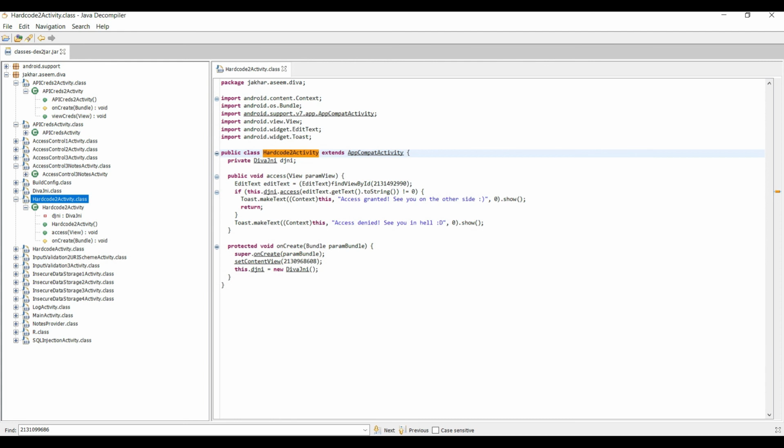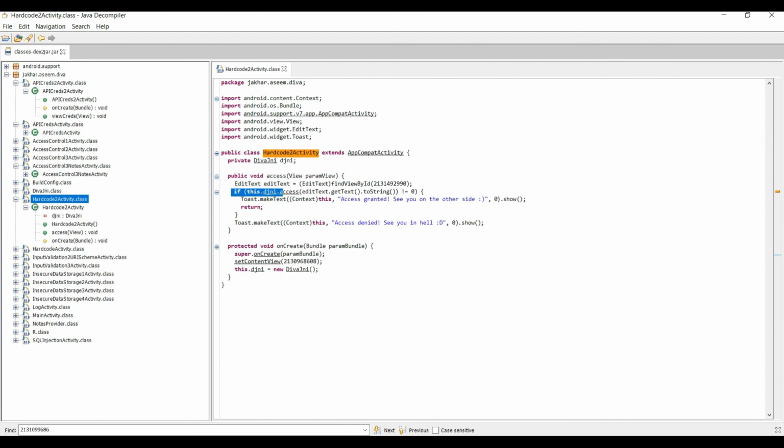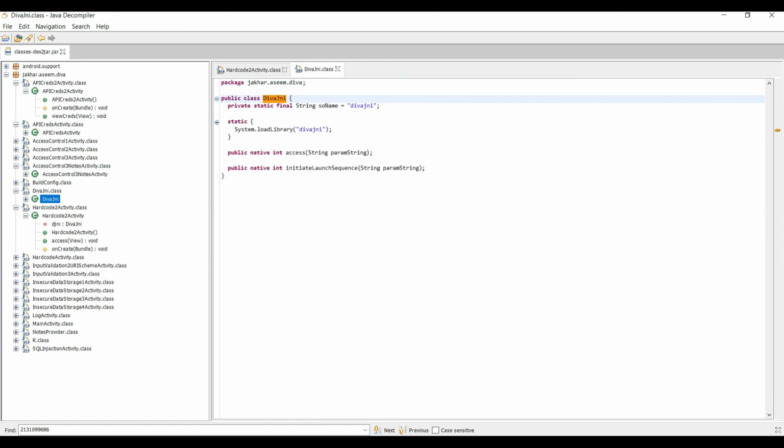Yeah, from here they are using one more private thing, and yeah, so for us we are getting these things. So we are getting the else statement. So what we have to do is if this dot access, then it will be displaying access granted. So let's get into this private function. Inside this thing nothing was there. Let's see whether it may work or not.